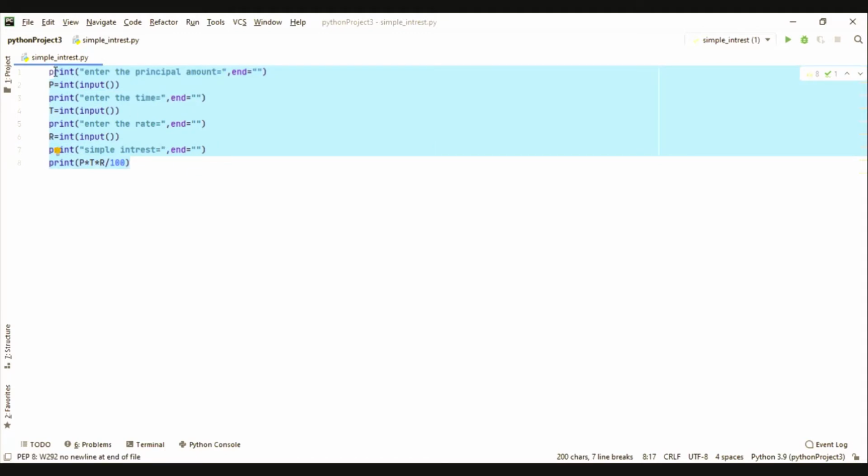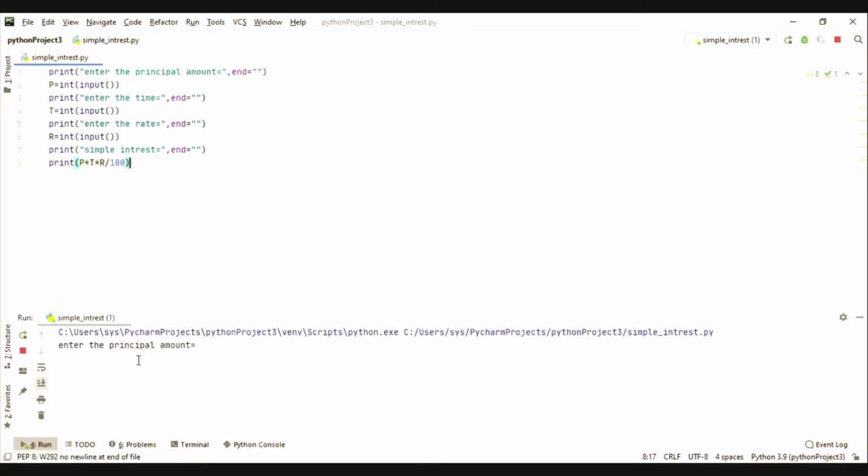See how small this one is. So let's run this program to see whether it works or not. See, it's asking for a principal amount, so I'm just using 1000 rupees. Okay, 1000. Enter the time, 5. Enter the rate, and I use 2. Okay, and the value of simple interest is 100. If you have any doubt, just check in a notebook whether it works or not. Just multiply 1000 into 5 into 2 by 100.